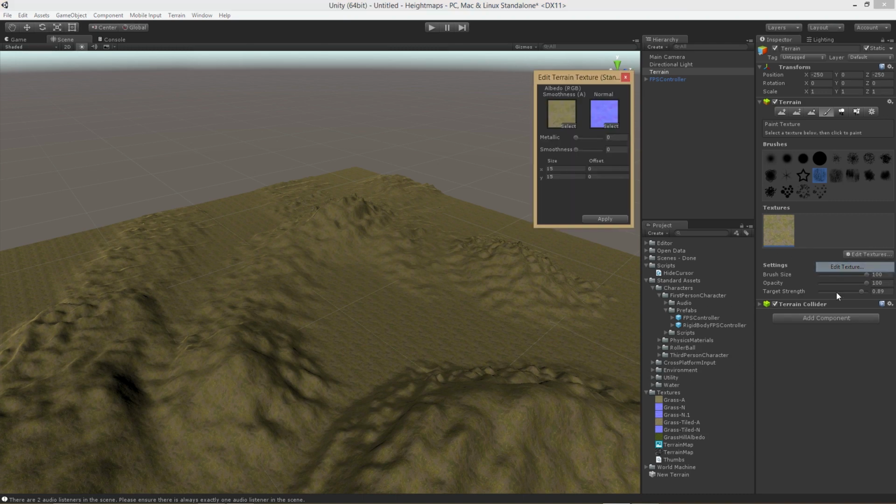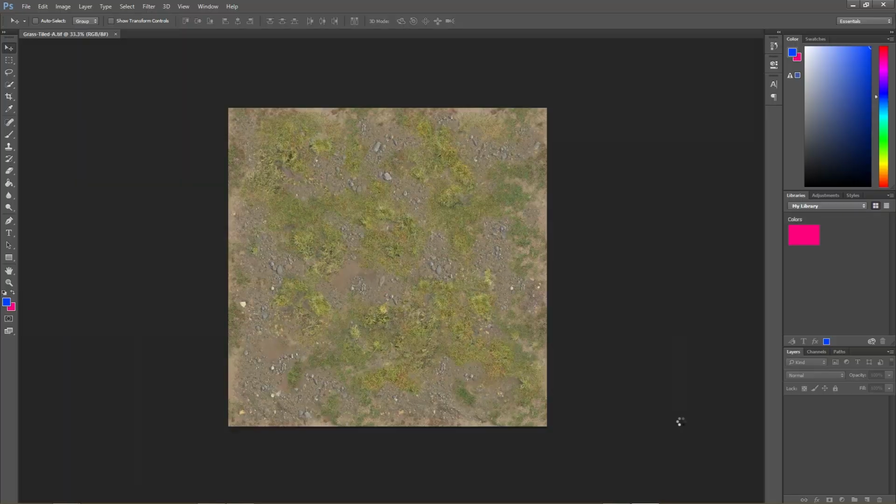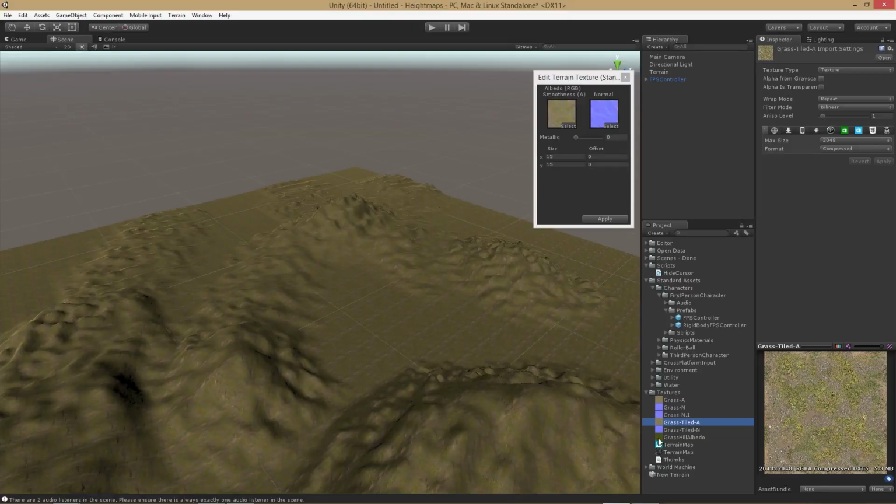And I'm going to edit the texture now. I'm going to bring in our tiled albedo and our tiled normal, and let's go ahead and open this up in Photoshop. Looks pretty good. It's a tiled texture. It matches up side to side, top and bottom. There will be no visible seams in it, but when we apply it to our game, we can start to